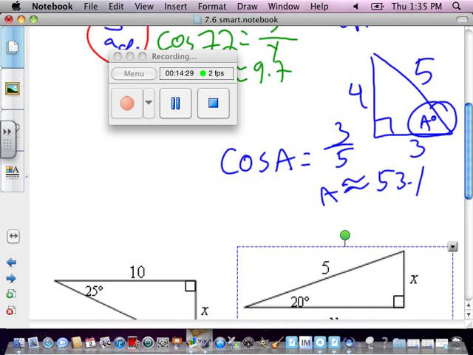So if I push second, okay, so you have to do 3 divided by 5 equals, and then second cosine of that. Oh, I got it. Oh, second cosine. Yeah. 3 divided by